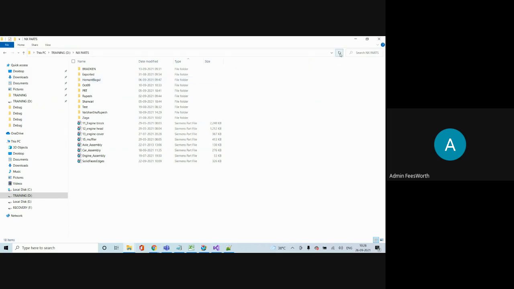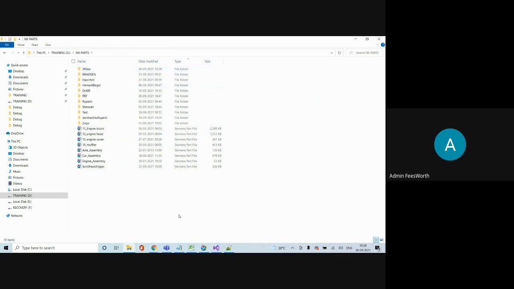Where is new folder? What is the name of this folder? This is 26 September, so I'll keep 26 September. This folder is empty, right? But now this program is going to put all the exported files in this folder.